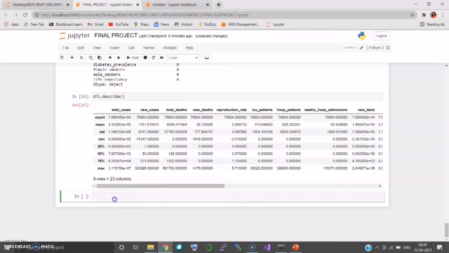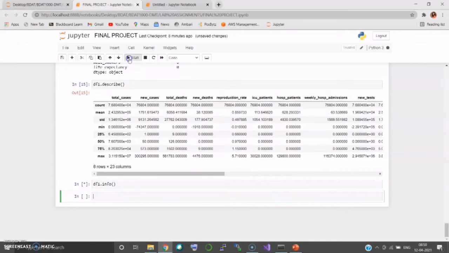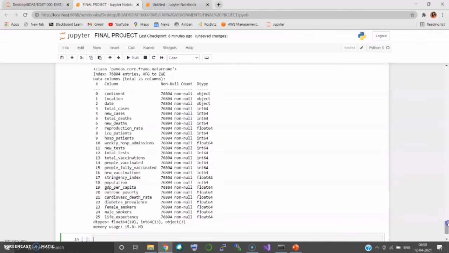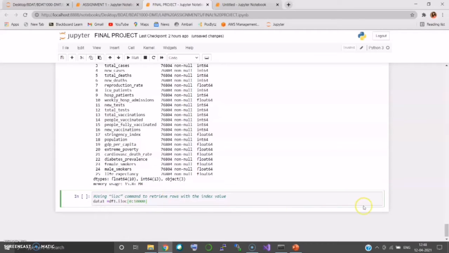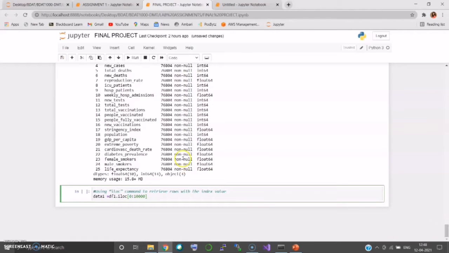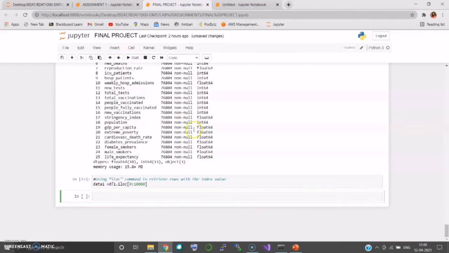Then I'm going to get the info of my columns here. So I'm using info. Okay, this is the info. It gives the non-null count and its data type. As my data is in a huge file, which is 15.8 plus MB, I'm going to use the first 10,000 rows to display my visualization.